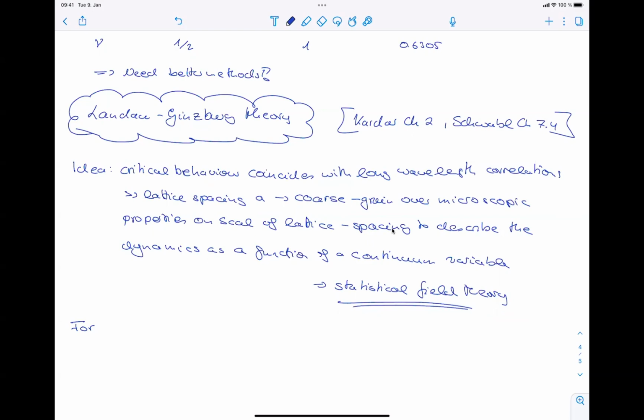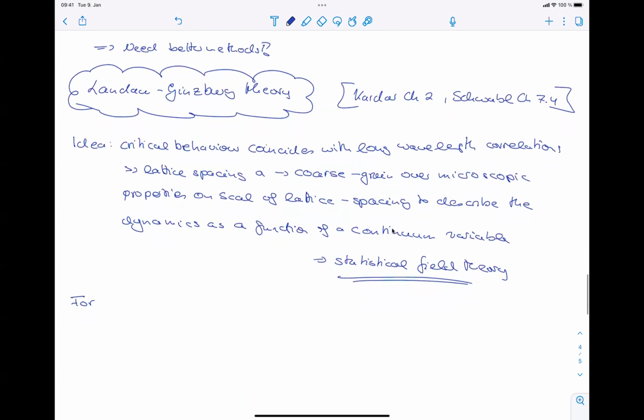But just to remind us that this is actually what we're in for, in principle, if it wasn't for the approach of statistical field theory. So for a magnetic system,